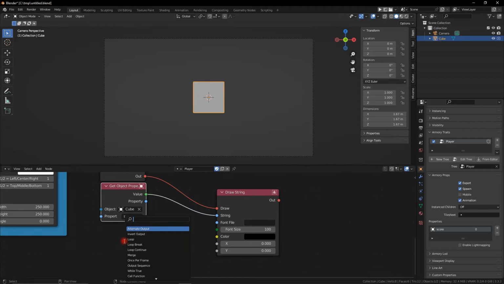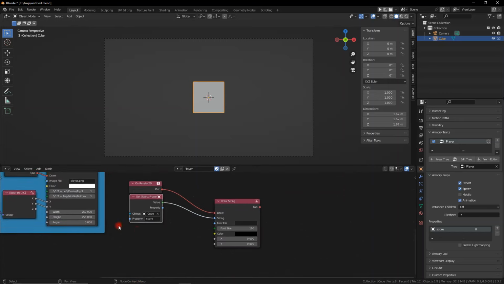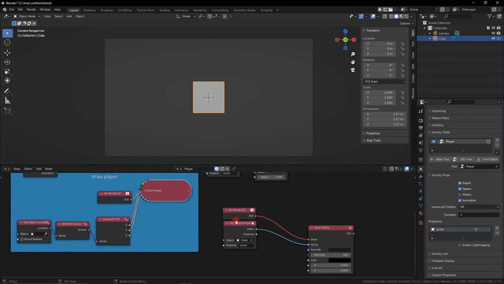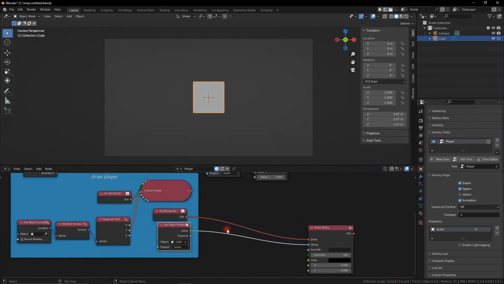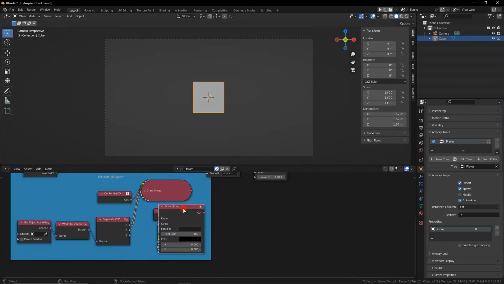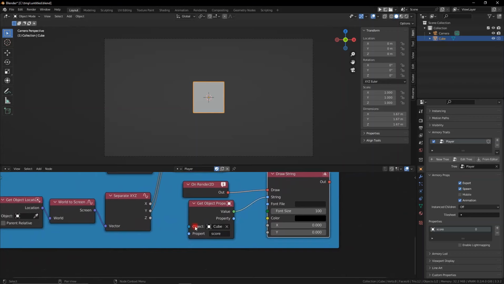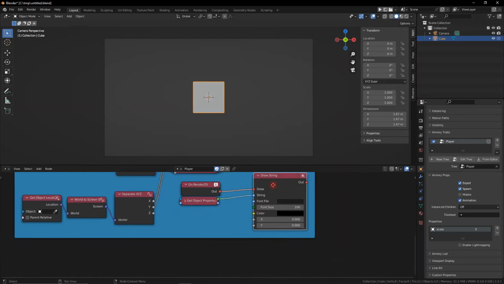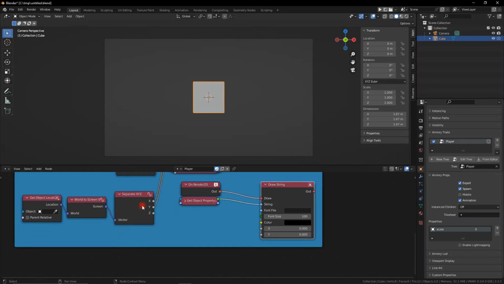So let's go ahead and get the objects. Look, actually no, we can just use this node tree, can't we? I've just come up with a new idea, so bear with me on this. We're just going to add this object in here into this node tree section, and you can see we can actually just go ahead and use this location and just do a bit of math and then have this object be above our player. So let's go ahead and just plug in the X into the X over here,